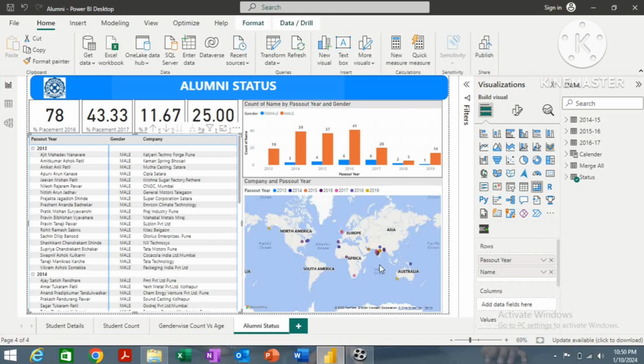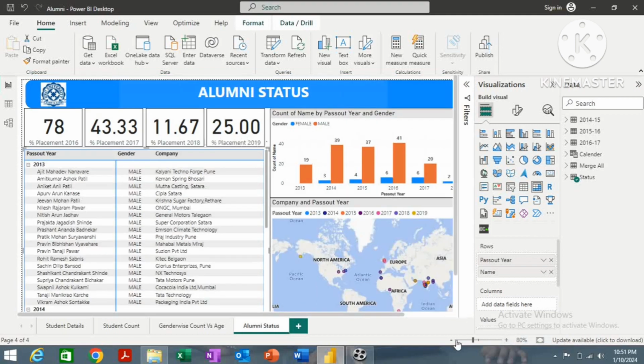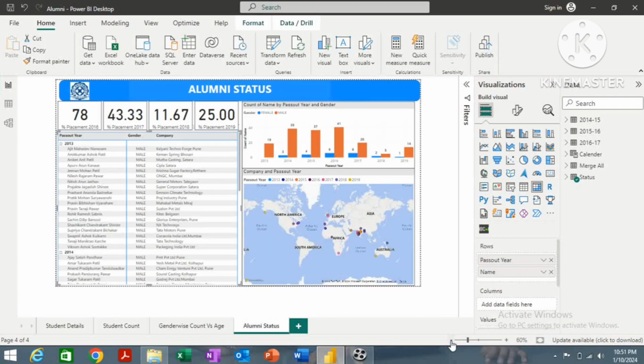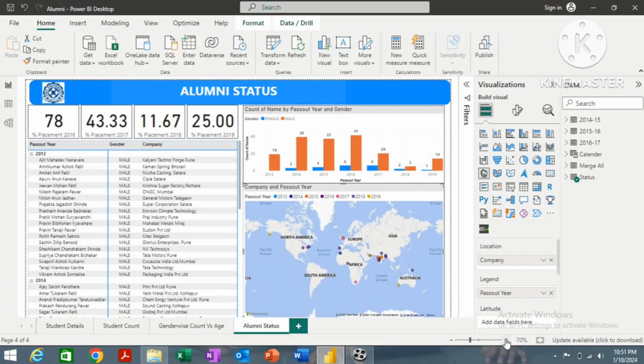Now this is one of the beautiful graphs, that is a geographical map. This geographical map shows the location of that particular alumni where they are working. So we can see that the students are working all over the globe, in different countries, America, Africa, Europe, Australia. Those who are going for higher study in Europe or Australia or in America, we are getting representation in this geographical map. So mostly the students are working in the, sorry, they are in the